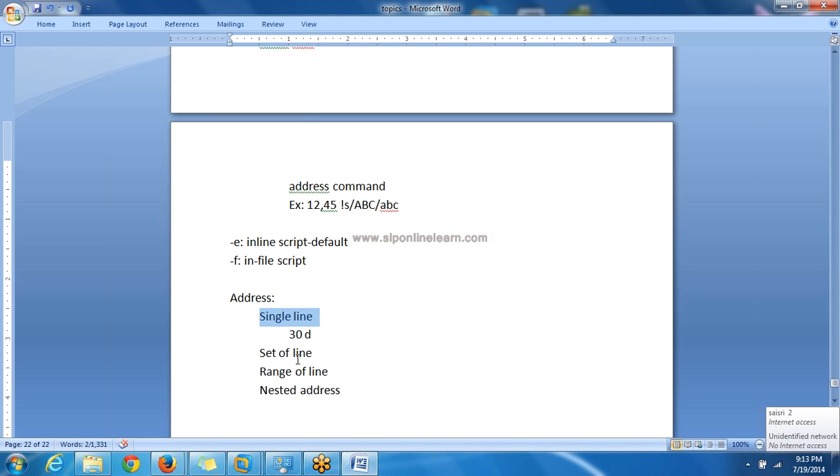Next, set of lines. See this example. Suppose I want to search for or substitute some string in lines that start with capital A. If a line starts with capital A, then search for this particular word. This is the address.